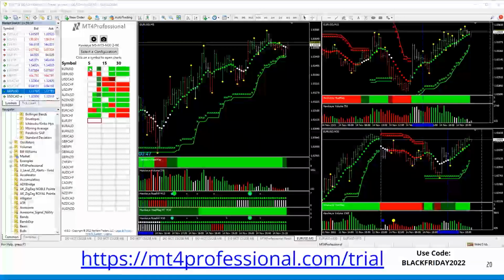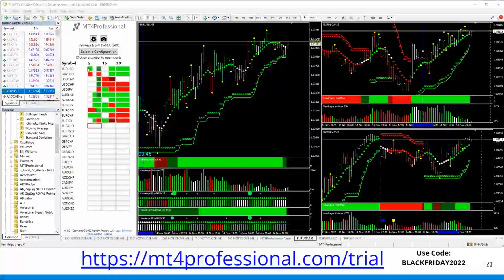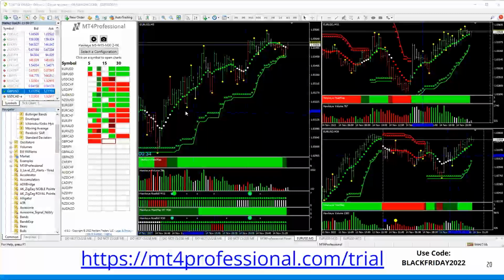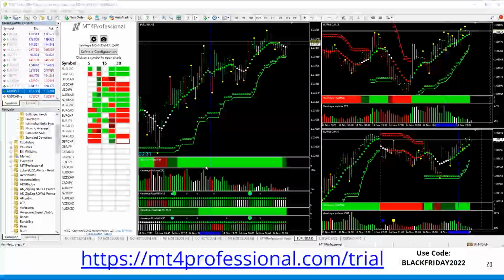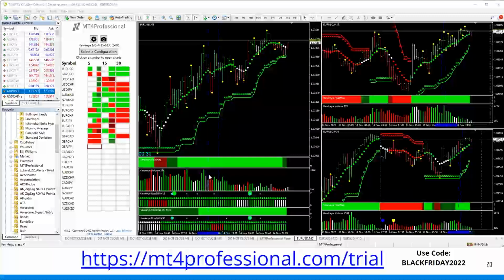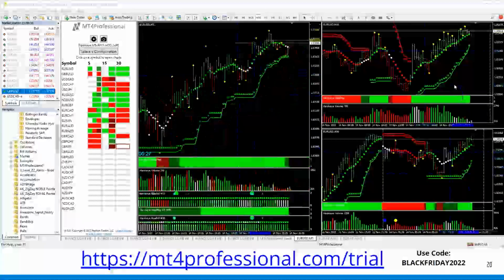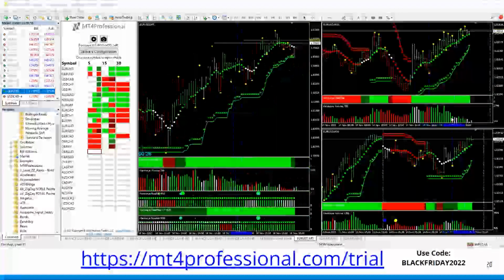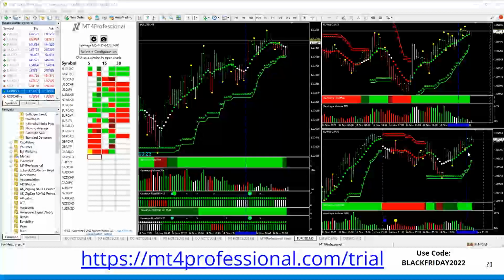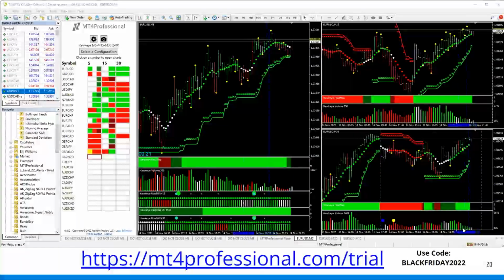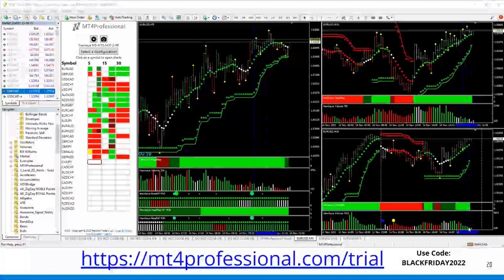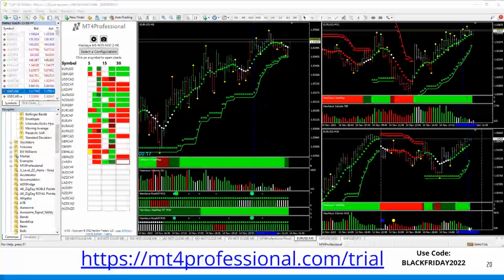On the 5-minute chart, you're looking for all three to align. On the 15-minute chart, you're only looking for 2 to align. And on the 30-minute chart, you're only looking for the overall trend. So here I want to see this and the volume aligned. On the second time frame, I want to see the momentum and the volume aligned. And on the third time frame, all I care about is the volume. That's all I want to see. If that's good, then I'm good.